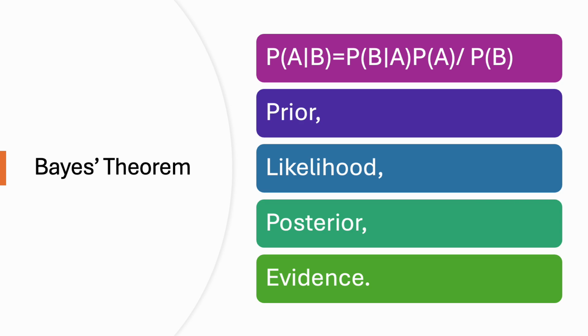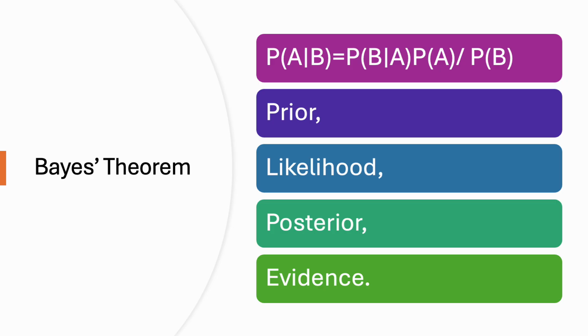So let me give you a smaller example to make you realize how important the prior or a priori, likelihood, and posterior are. Bayes' theorem is a fundamental concept in probability theory that describes how to update the probabilities of hypotheses when given evidence. At its core, the theorem provides a way to revise existing predictions or beliefs, known as the prior probability, in light of new information, resulting in an updated probability, the posterior probability.